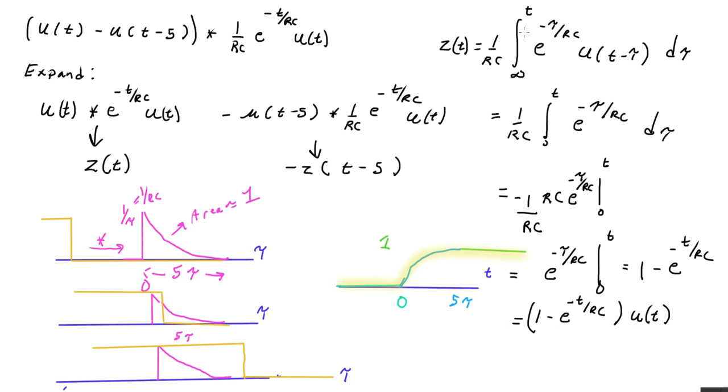Unfortunately, all the teaching materials I see for integrating in time use tau as a dummy variable. There is an alternative way of having RC: I can have something called omega naught, which is 1 over RC. And then I could just have omega naught here and omega naught here, and that might reduce the confusion. But to follow the book and anything you might see online, I kind of have to keep it like that. So anyway,